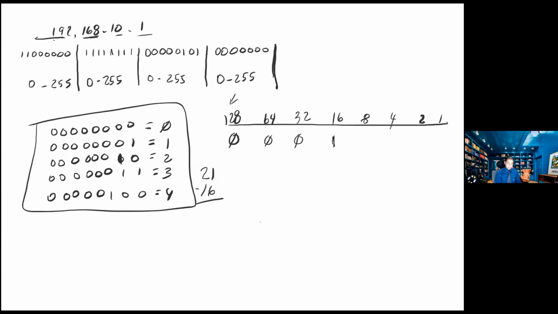Okay, what would the answer be? 5. Right now, can you subtract 8 from 5? No. So you put a 0 there. Can you subtract 4 from 5? Yes. All right, so you put a 1 under 4, and then you subtract, leaving 1. Can you subtract 2 from 1? No. 0. Can you subtract 1 from 1 without it being a negative number? Yes. So you put a 1 there, and a 1 here, and you end with 0, and now you have your binary number. All right,